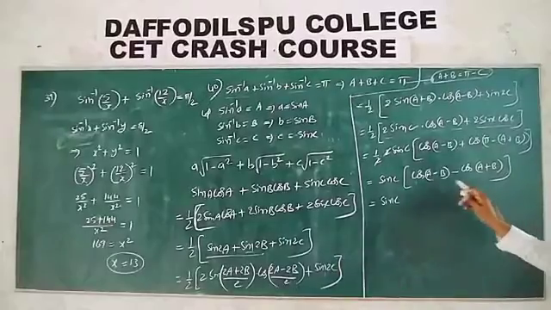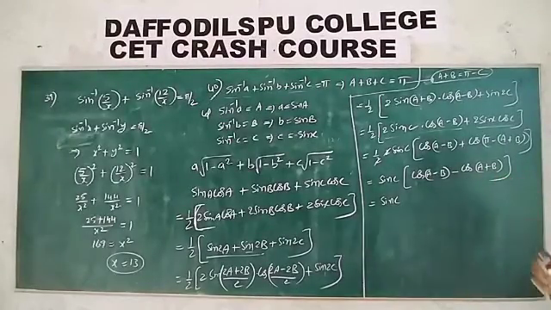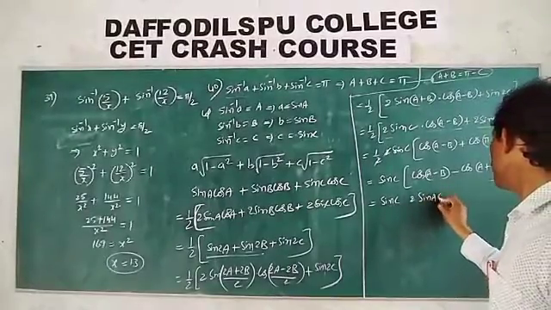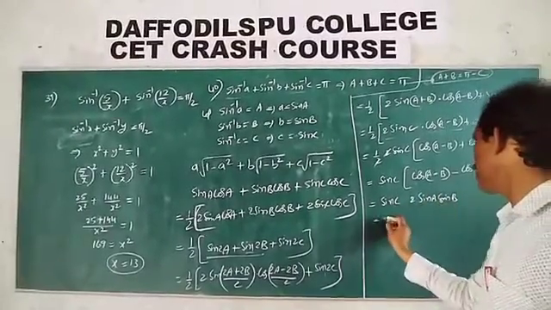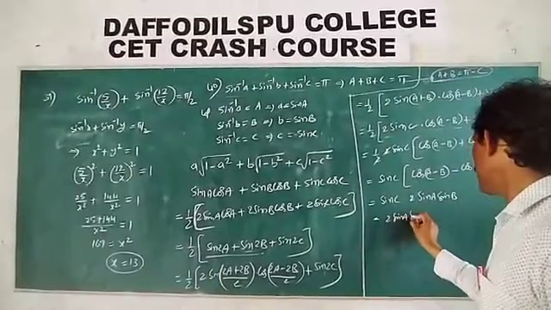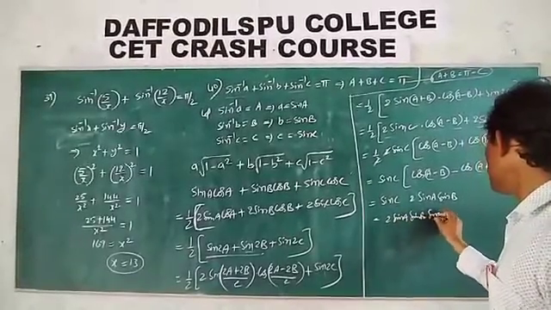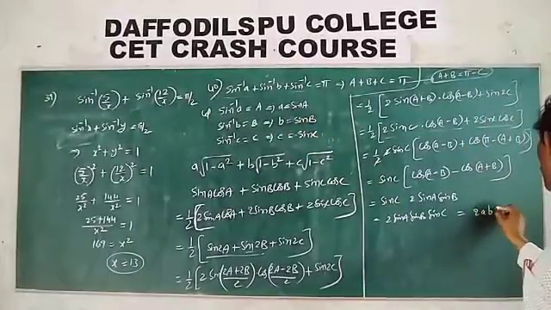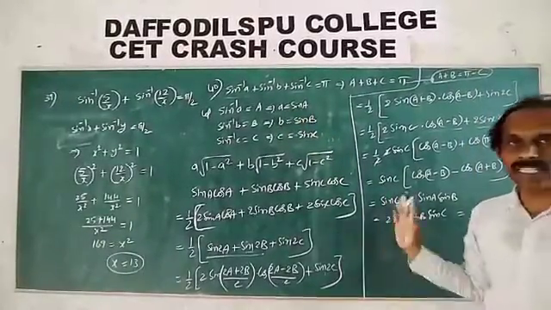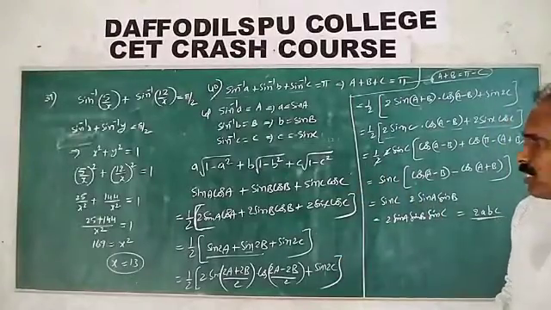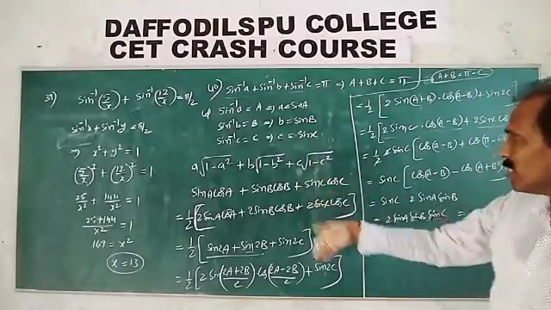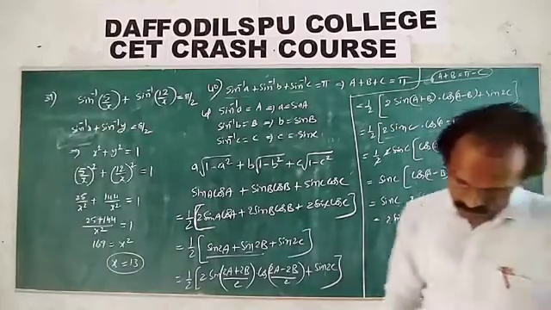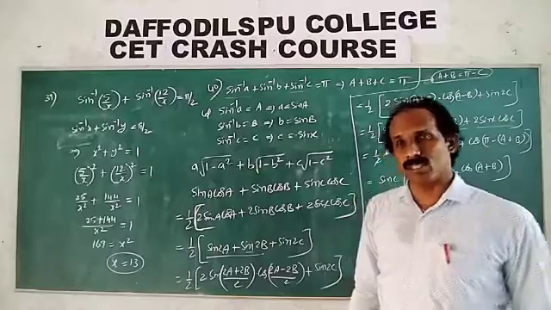Okay. Formula is there. Cos(A minus B) minus cos(A plus B) is 2 sin A sin B. That implies 2 sin A sin B sin C. What is sin A? Sin A is equal to a. That implies 2abc. This is the answer. In the synopsis the formula is there, remember it directly, otherwise prove it like this. So 2abc is the answer. The first option is the correct answer.